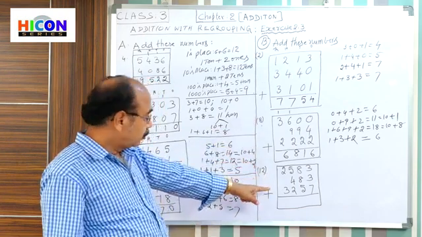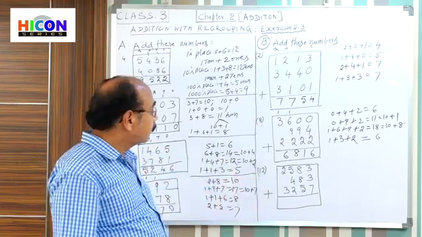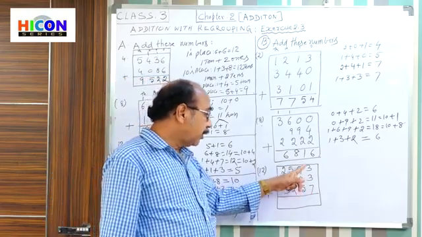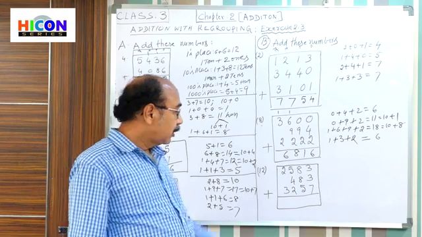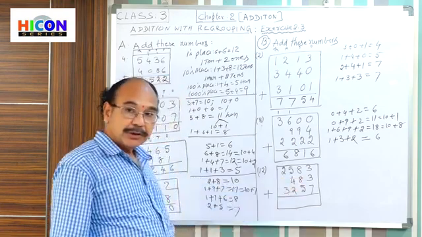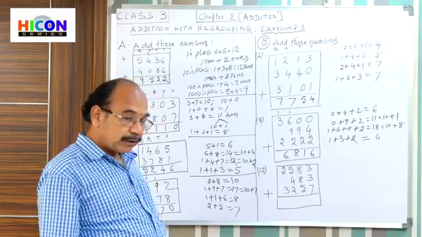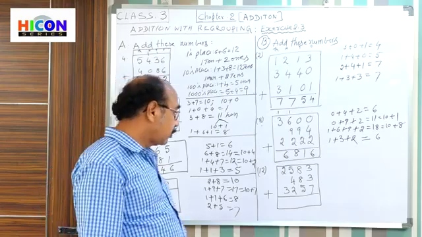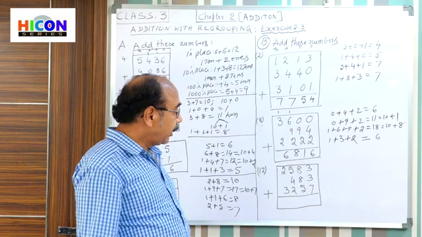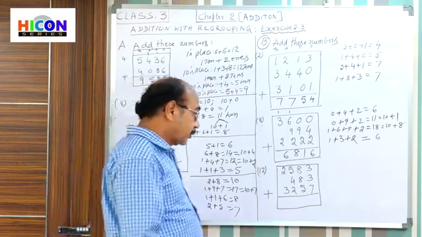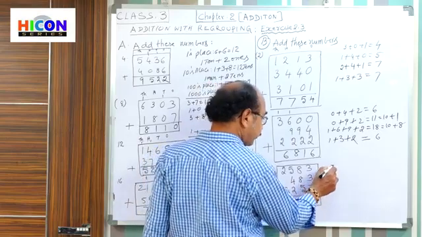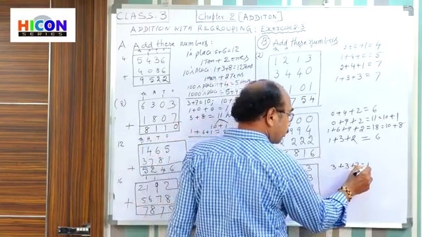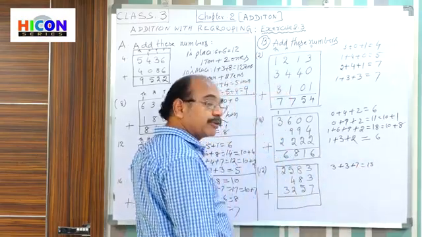Now you observe this 12th question. Three numbers are there. The two numbers are four-digit numbers, and this number is a three-digit number. According to their place values, here I wrote the numbers: units, tens, hundreds, thousands. Now add the digits in the ones place. That means 3 plus 3 plus 7. How much? 3 plus 3, 6. 6 plus 7, 13. 13 ones are there.